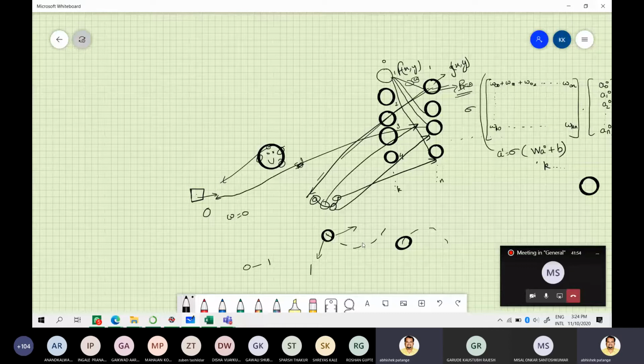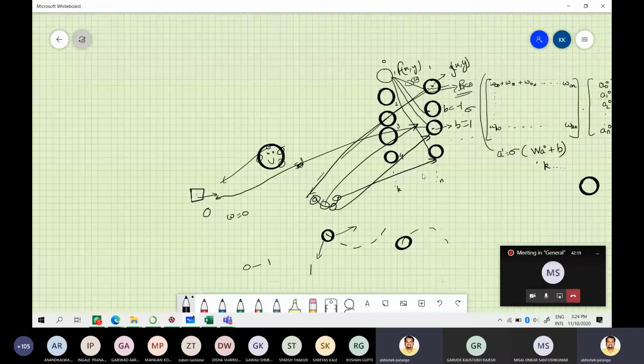So if you add a particular bias to a node, that means that you are giving partiality to that node, and you are saying that this node is more important than this node, or this node is less important than this node. So if this has a bias of say -1 and this has a bias of 1, then this node is more important than this node. So I'll put this mathematically.